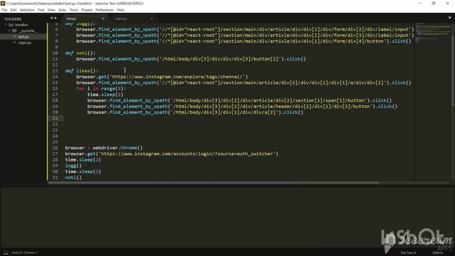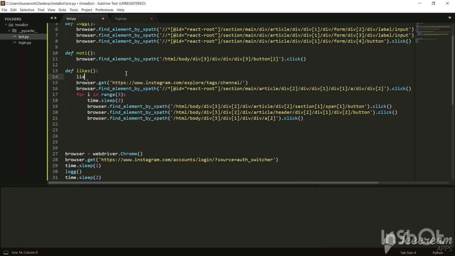Now what we'll do is we'll create a list here. Let's say hashtag, and we will give our choices. Let's say Chennai. Then we'll write Python, and let's say we'll write beach. We'll write sunset, and you can give your own hashtags to be liked. Now in this range, I will give 5. So what will happen is